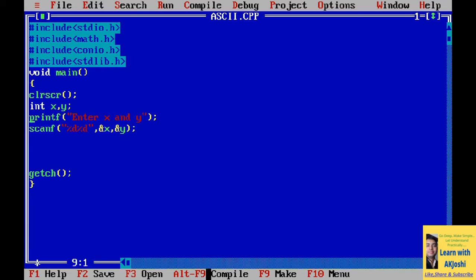Then I have to store the result also. So suppose there is a variable z which is used to store the result. So z equal to, I have to write POW x comma y. So now z is actually having x की power y, then I can print z. So printf %d z. बट यहाँ पर एक थोड़ी सी प्रॉब्लम आएगी क्योंकि वी आर यूजिंग इंट डेटा टाइप एंड